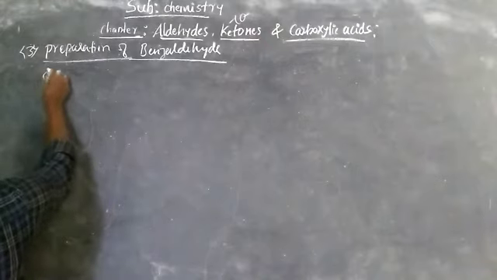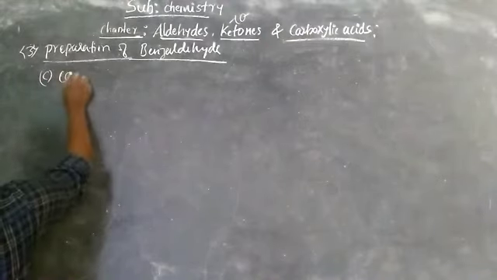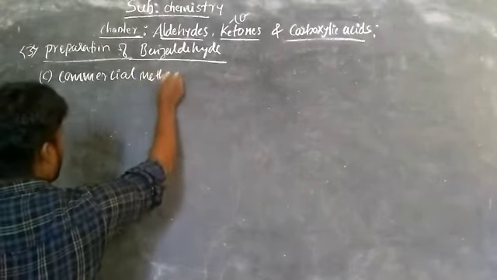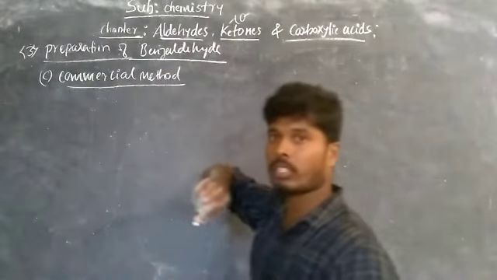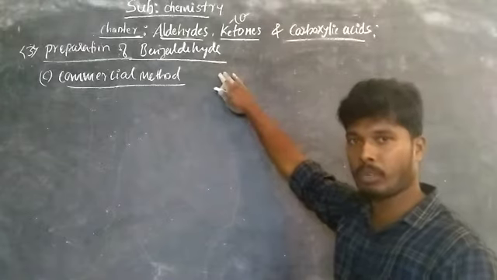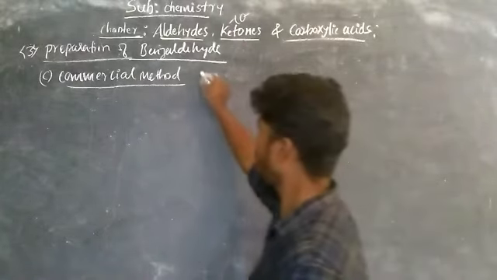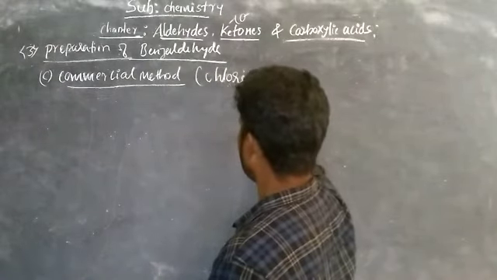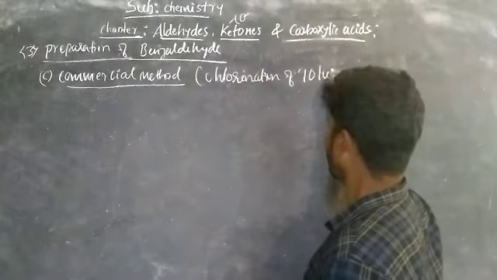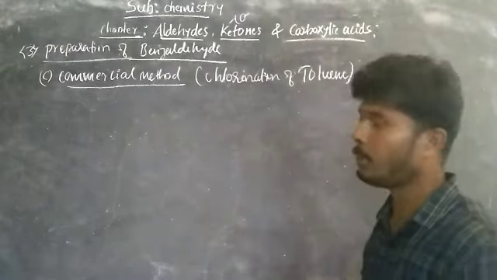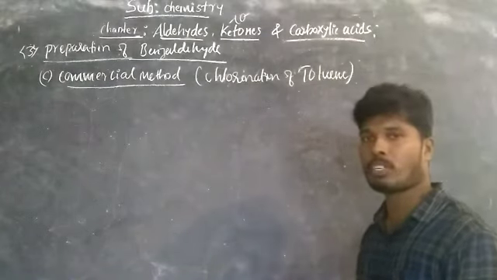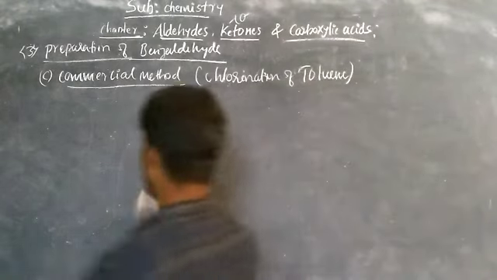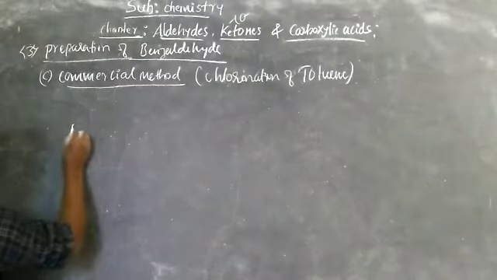The third method to prepare benzaldehyde is the commercial method. The commercial method prepares benzaldehyde by chlorination of toluene. It is called the commercial method, and it is used mostly in industry. See, in the commercial method, toluene